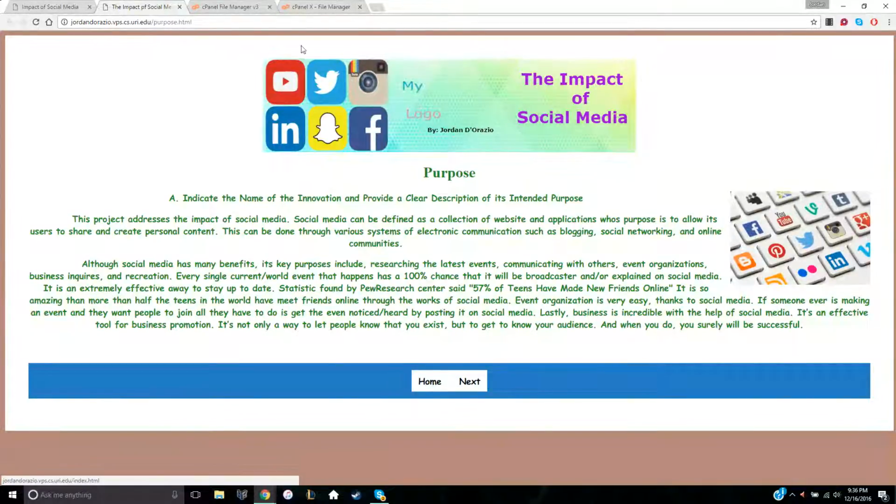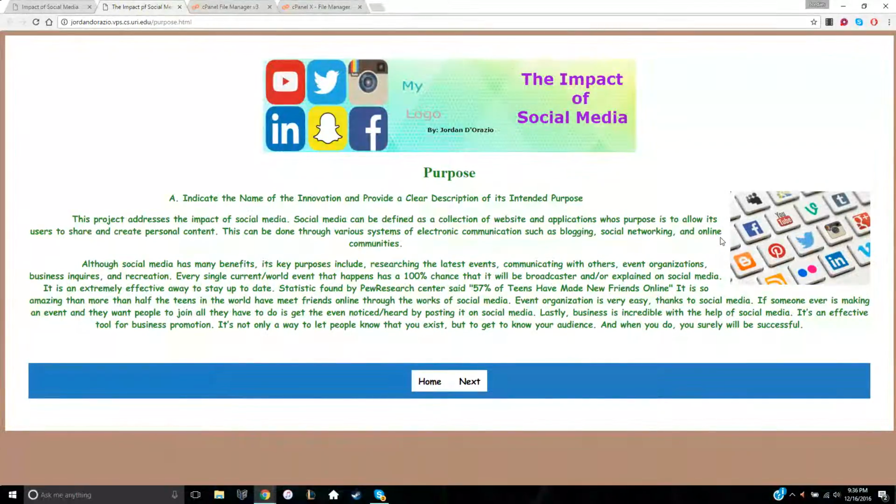I made this through Pixlr, and I basically got a very nice background color like so, and then I copied and pasted a picture on it, and then I filled all this in with writing, which was very easy to do because you make text boxes and you fill them with your words. And right here is just a picture of very popular social media apps that I found on Google and copied and pasted into my HTML coding folder, and it popped up on my page once I saved it.